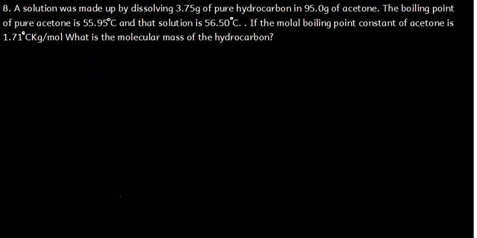Now from there, how can we work out this question? Well, we know that the change in boiling point is given by Kb, which is the boiling point elevation constant, multiplied by the molarity, multiplied by the Van 't Hoff constant. Okay, that is what we have. Now here the change in boiling point: the final boiling point that you've seen is 56.50. The initial one is 55.95, and this should be equal to the Kb, which is